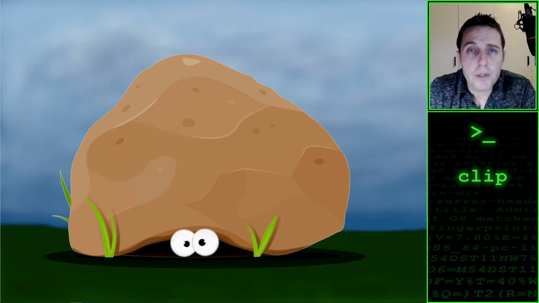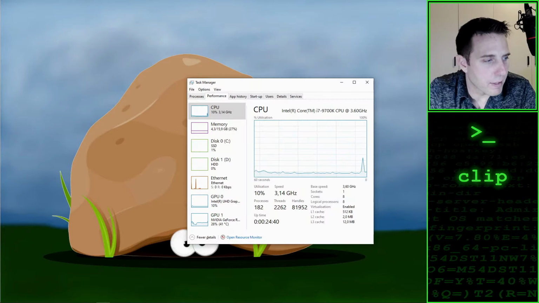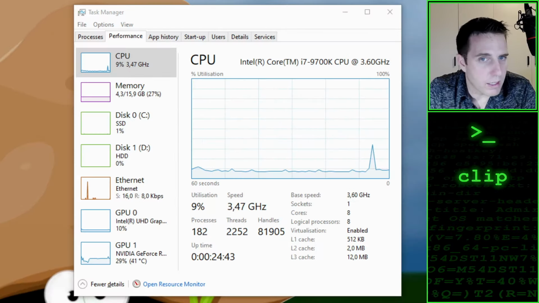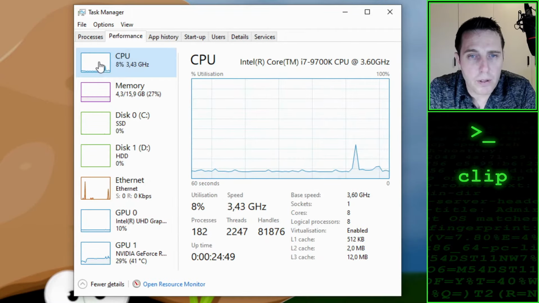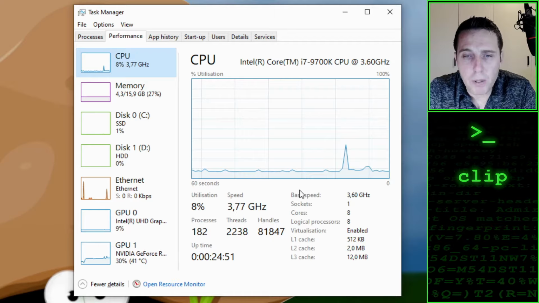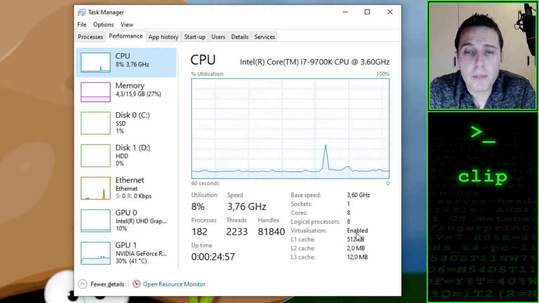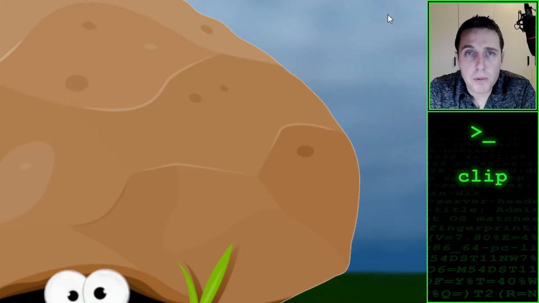The first thing we need to do is to see if our computer supports virtualization. We head over to the Task Manager. The shortcut key is Control, Shift and Escape. Make sure you are at the Performance tab and on CPU. And at the bottom it will say virtualization either enabled or disabled. If it says disabled there, reboot your machine, go into your BIOS setup and enable virtualization there. Now that virtualization is enabled,